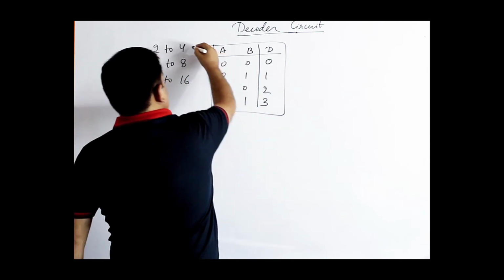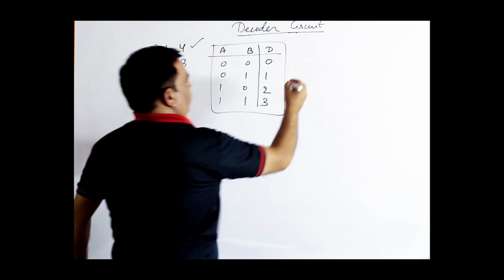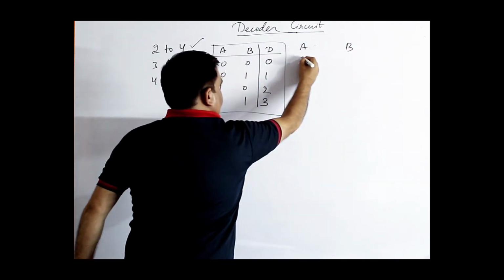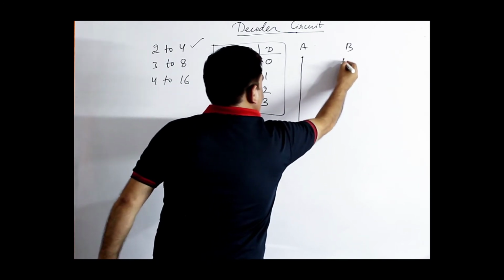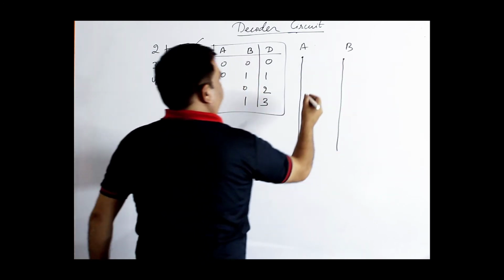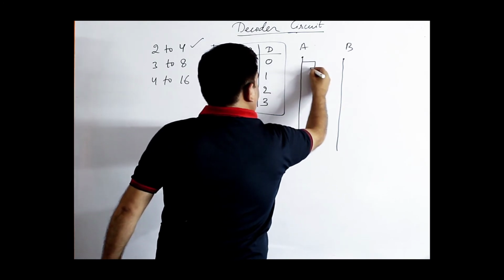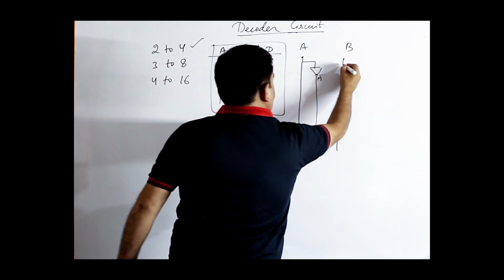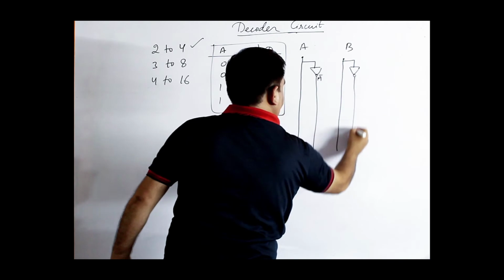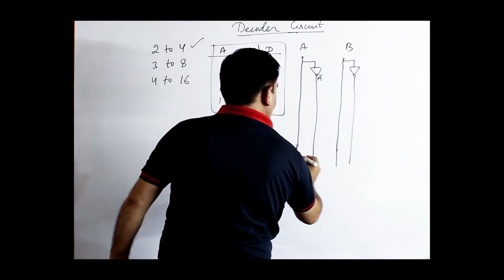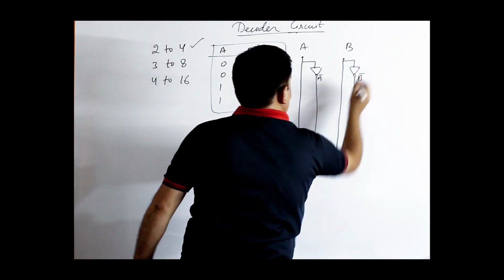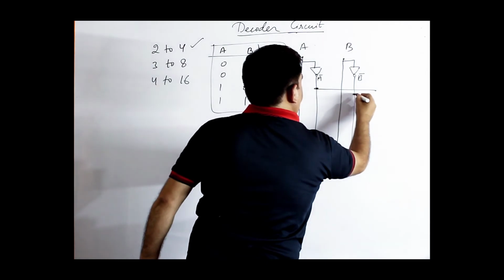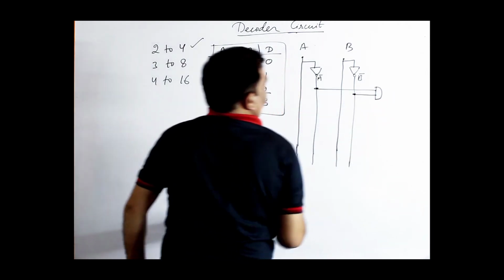First of all, I am drawing here the 2 to 4 decoder. There are 2 inputs, A and B. You draw the line like this. These are the signal wires which carry signals. Here we take the complement of A, which is called A complement, and this is the complement of B, B complement. Both are 0, which means you take the complement, A complement and B complement, and connect them with an AND gate.